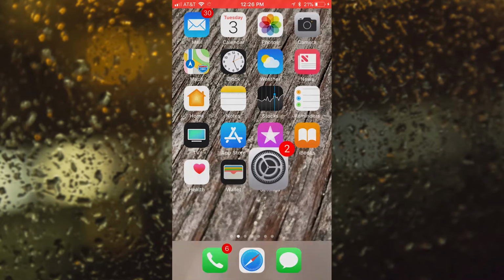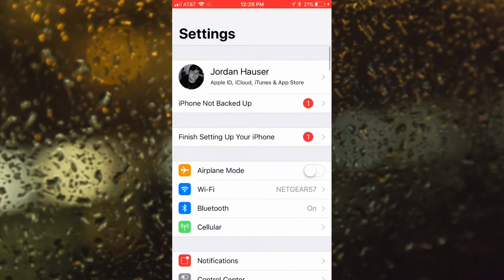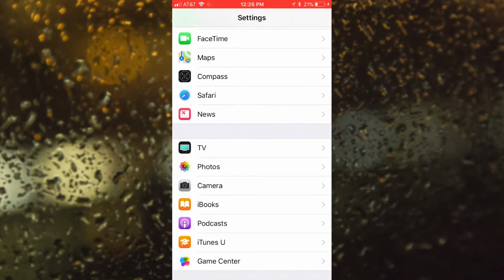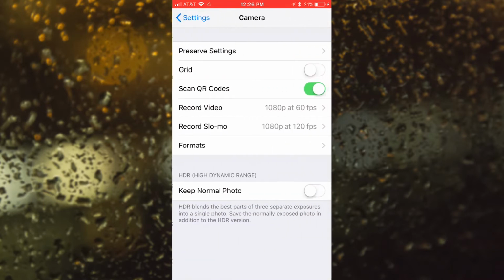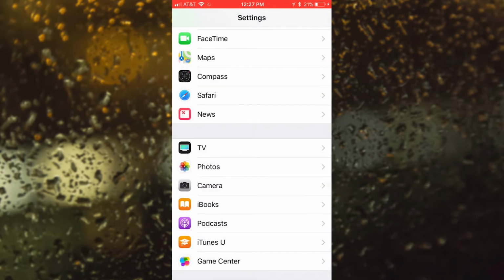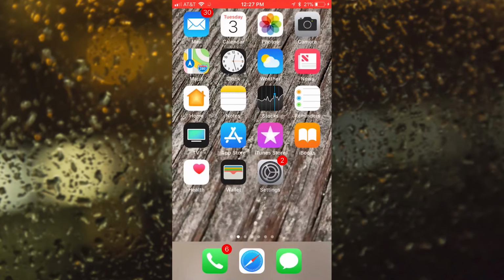I'm gonna go into settings, and we're gonna scroll all the way down until we get to camera. Then inside of here, you wanna go into record video. You have 720p at 30 frames per second, 1080p at 30 frames per second, 1080 at 60 frames per second, and 4K at 30 frames per second. And 1080-60 is my go-to